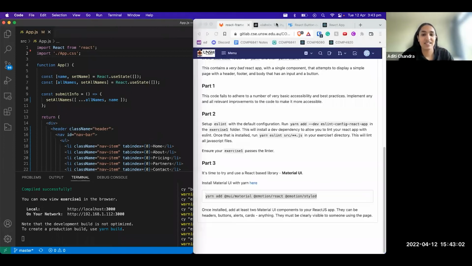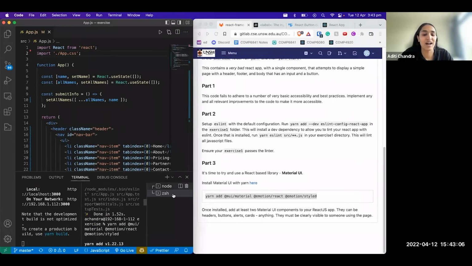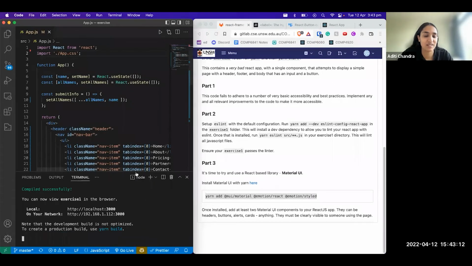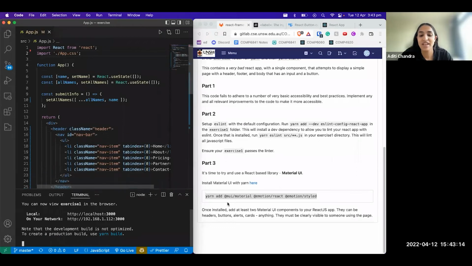And essentially this is just going through how we can use Material UI in something like React. So I think it is installed now. Close that to give us some room, and add at least 2 Material UI components to your React app. They can be anything. Okay, so